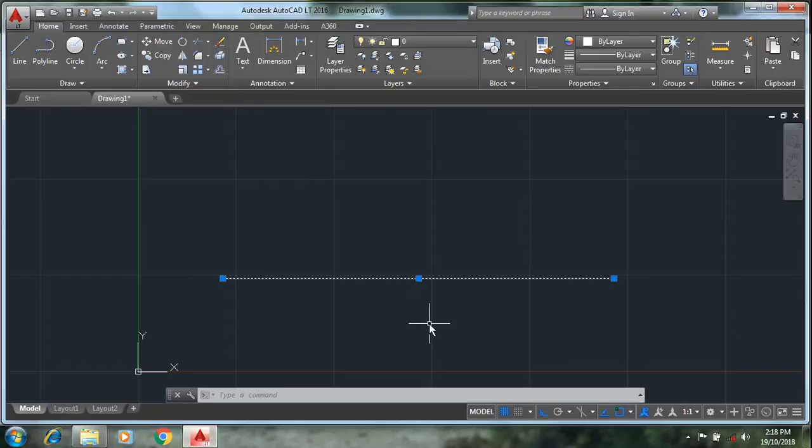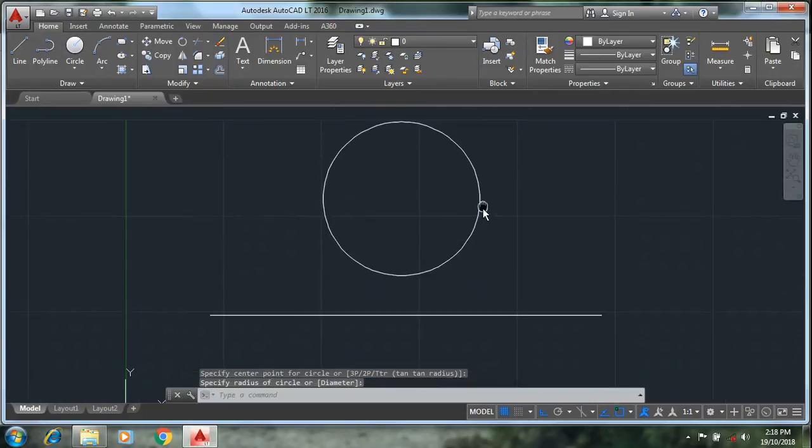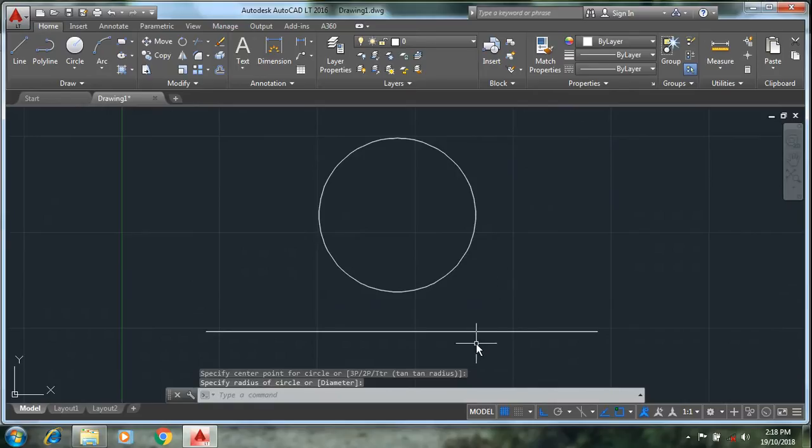Hello everyone, today we are going to see how to give hidden line or center line to the complete drawing. I will draw one circle here. I have drawn already the line. Suppose if you want to give center line or if you want to define hidden line to this line,